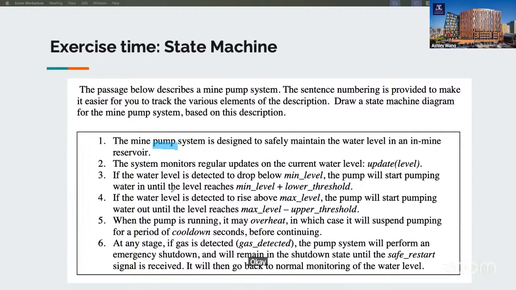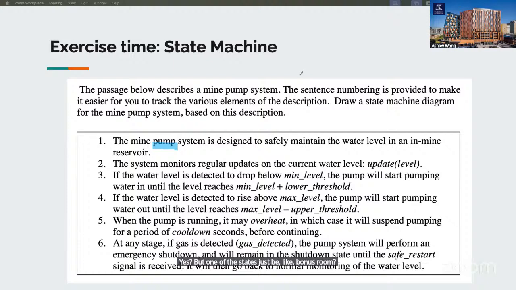And now it's time to look for the different states. So what states do we have? Would one of the states just be like monitoring?